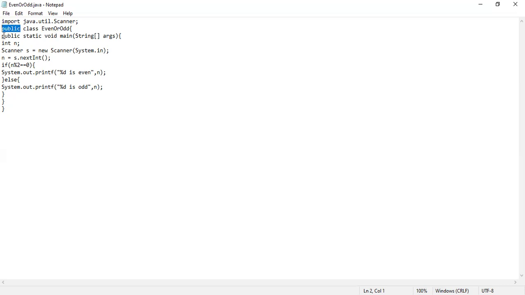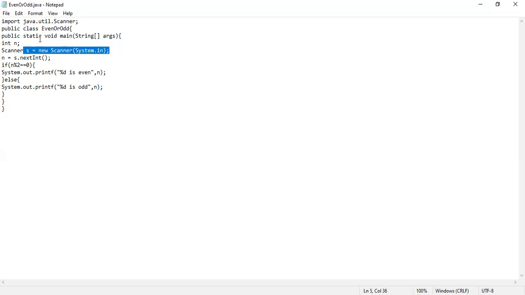Here we are taking public static void main as the main function. In this we are including a static function and string arguments. Now coming to the main program. I am taking a user input variable n of integer data type. Here I am creating a Scanner class object with the name s, and System.in is used to take the user input.